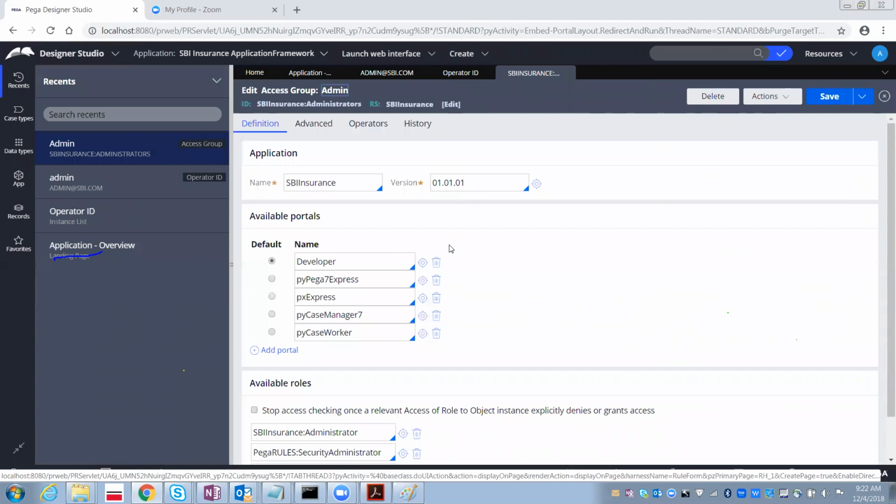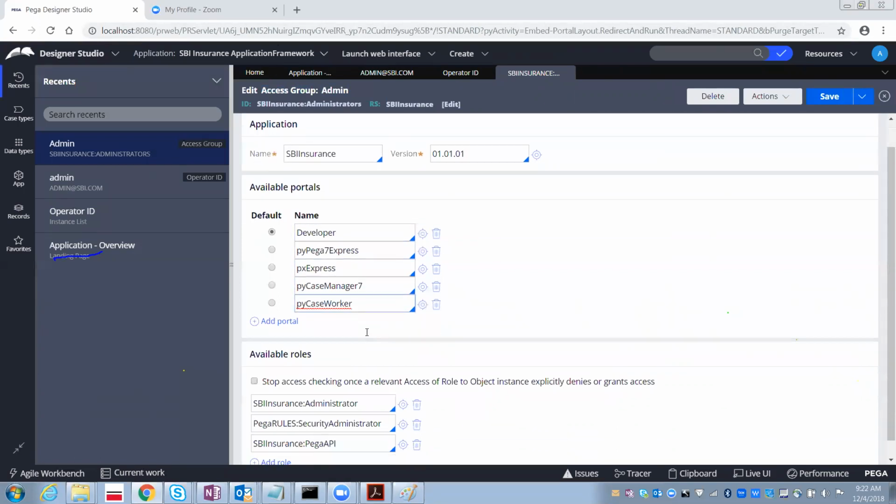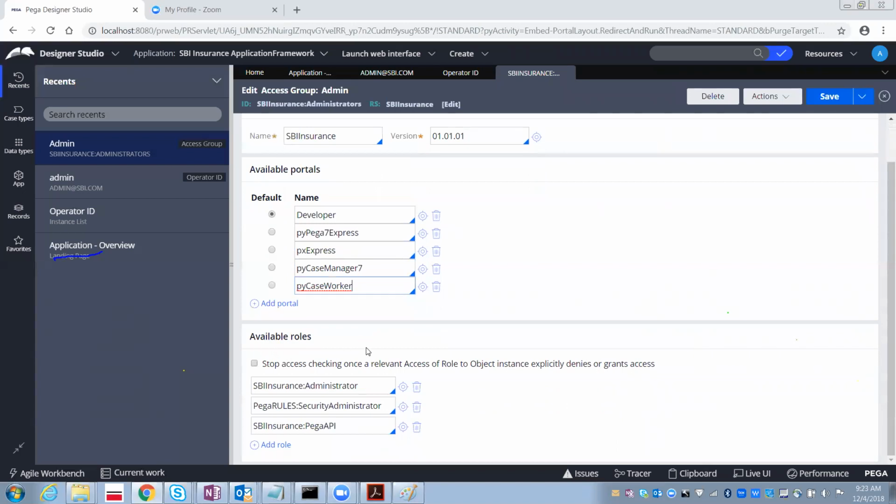Okay. So likewise, this access group contains the application on which you are going to work, the portals to which he can move and change, and then available roles. Okay, available role means what? As we discussed, each and every operator will be having different privileges.